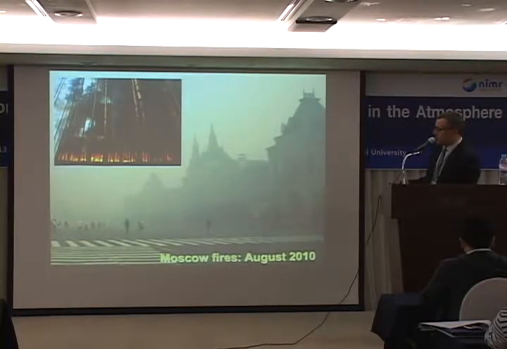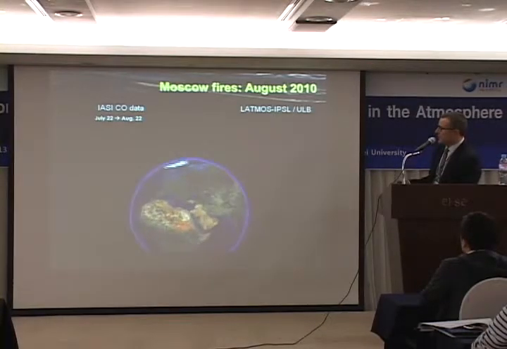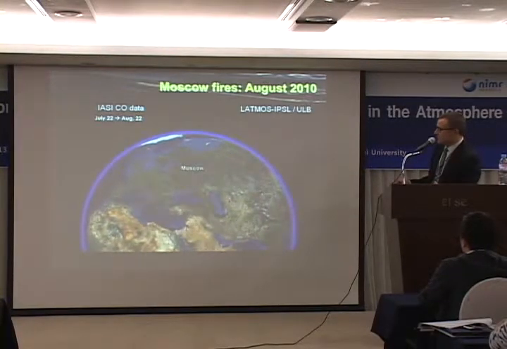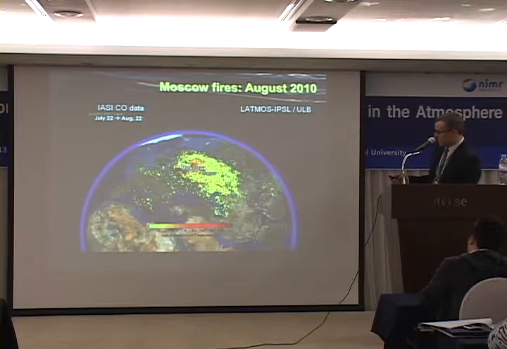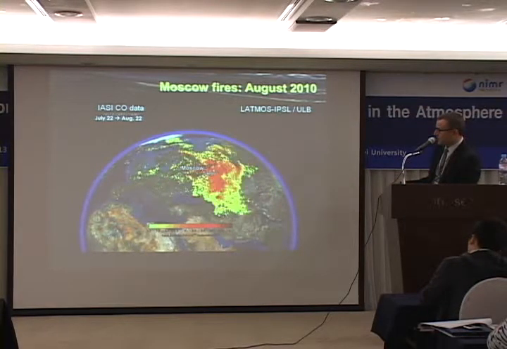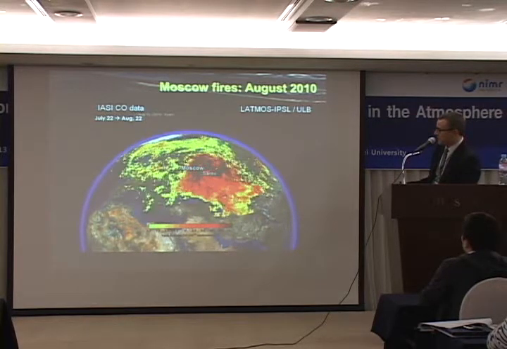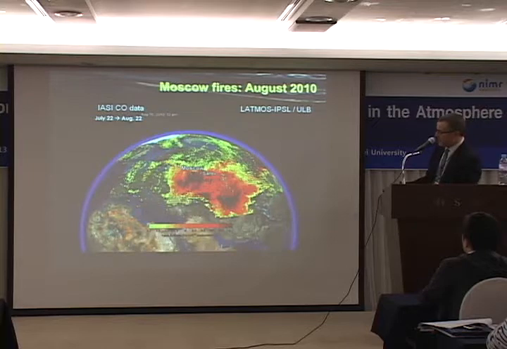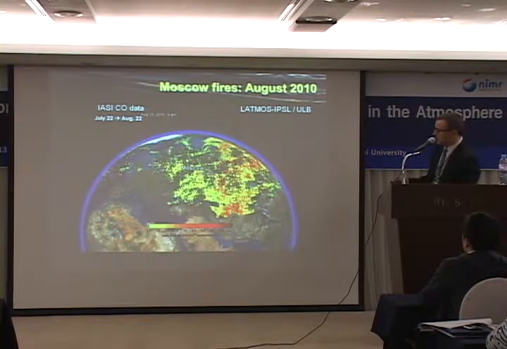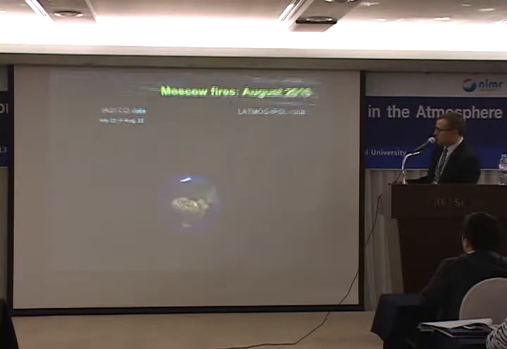Here's a little example, more recent, of 2010, of fires in Moscow, which were very huge fires on the outskirts of Moscow, which really reduced air quality within the city, and this is right in the town centre. And here's a little movie from IASI showing the build-up of carbon monoxide again, and you can see these huge amounts of pollution that came out of this fire region around here, and you can see the extent that it got moved around the world. So it's quite a lengthy